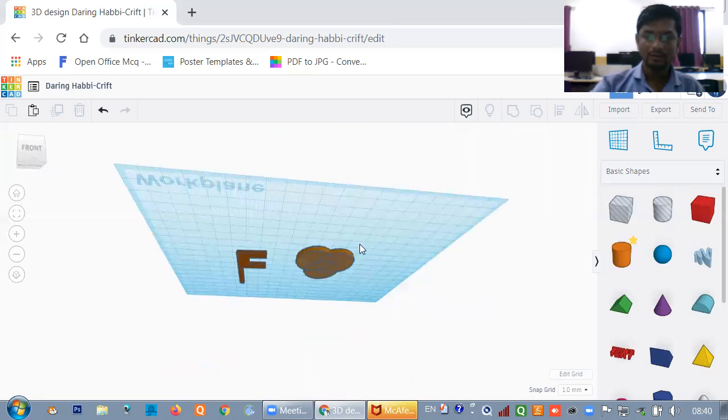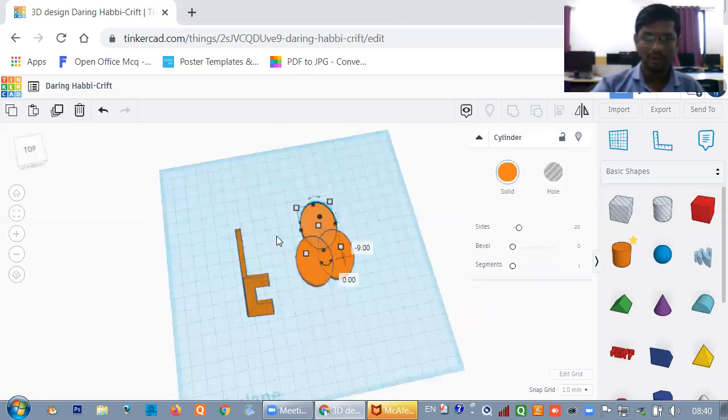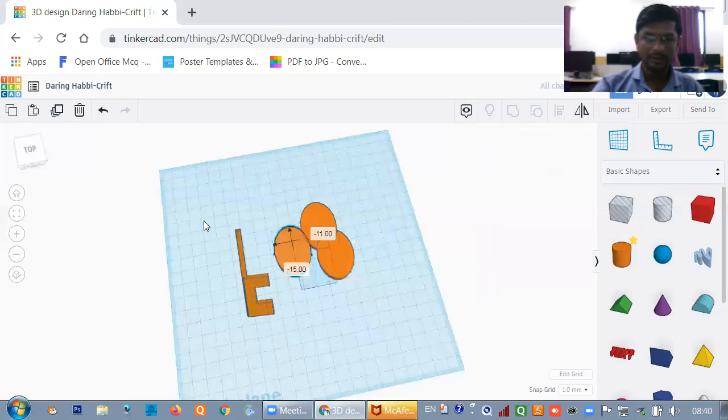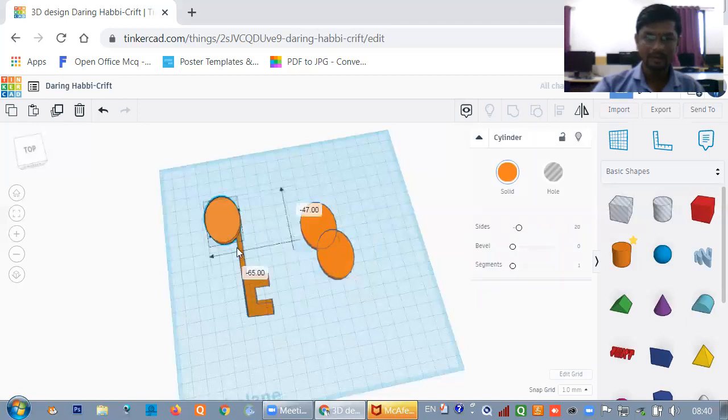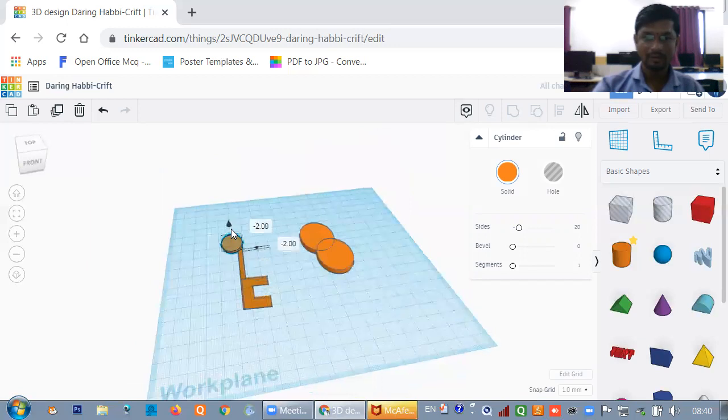Now you can set this properly on this key. You can make it small as per our key requirement. Just put it here.